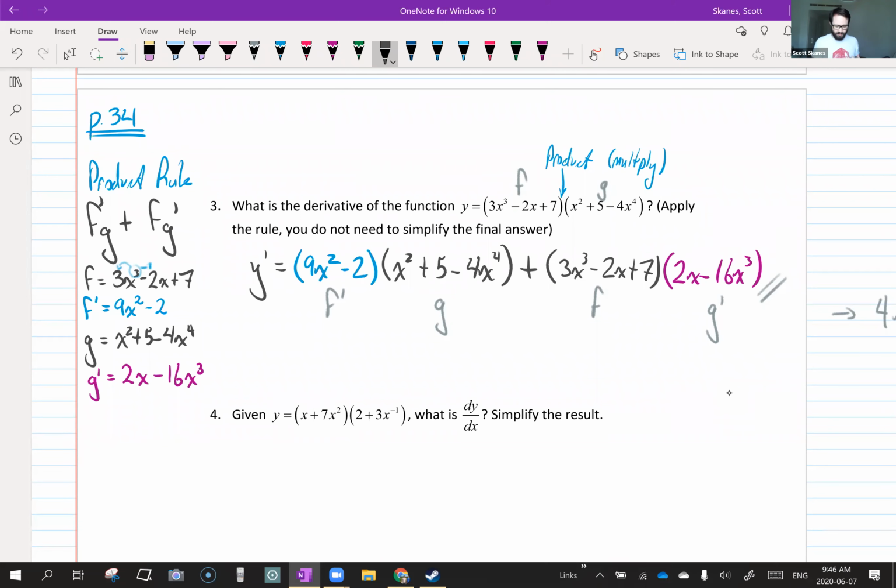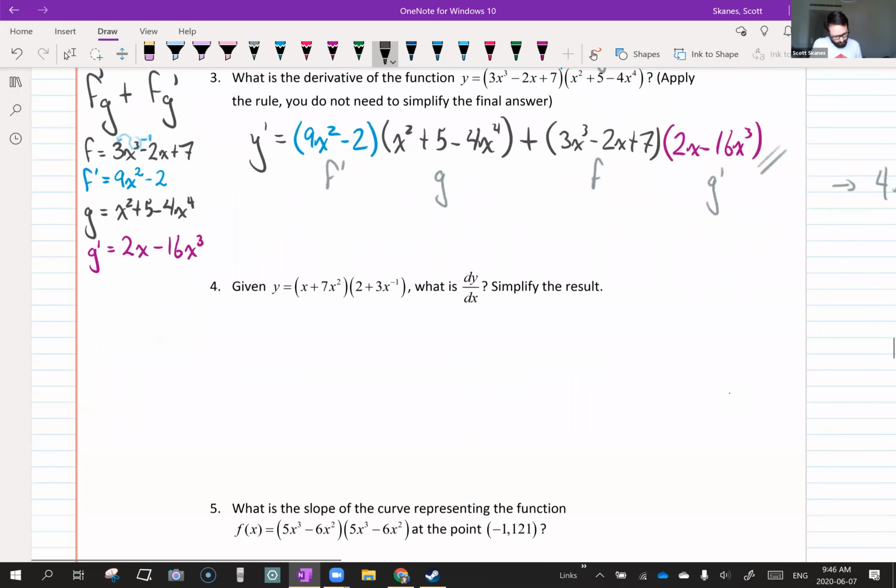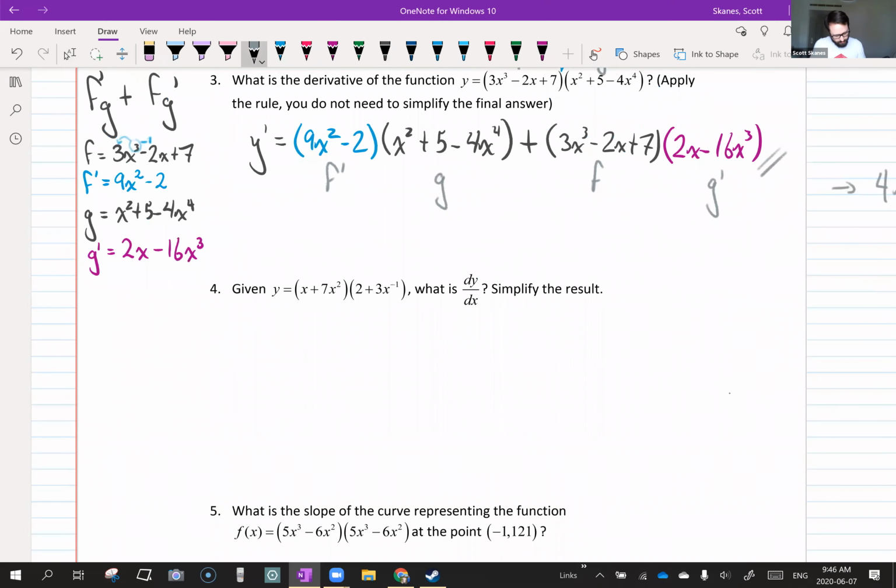So we'll do the product rule again, and hopefully those of you that didn't find it easy that time will find it easier this time. So I'll keep the answer there. Given this, so right away, how do we know it's a product? Well, it's a product. It's being multiplied. That's the definition. Product means multiply, so we can see that they're being multiplied. This one is our f. And this second one